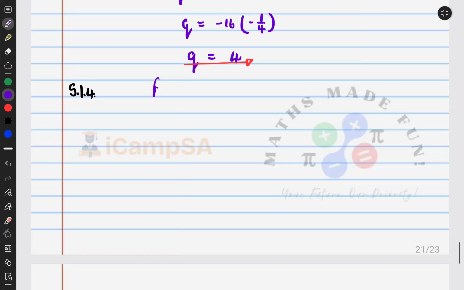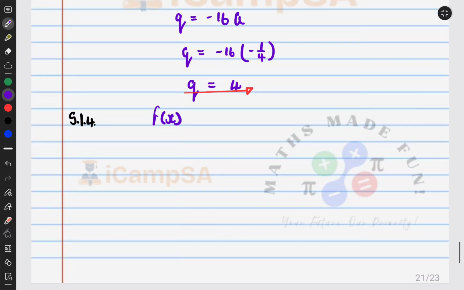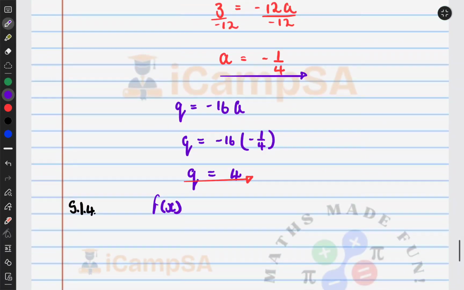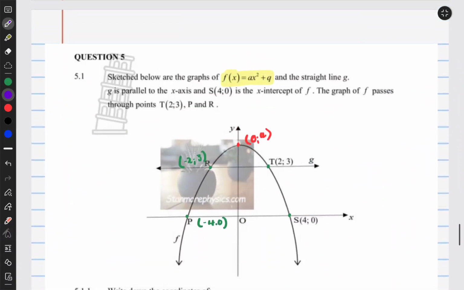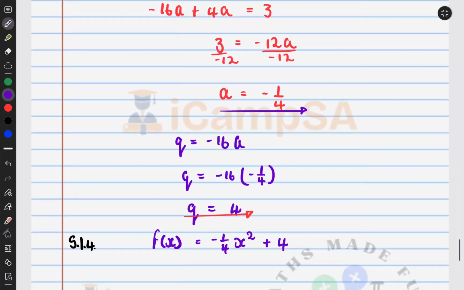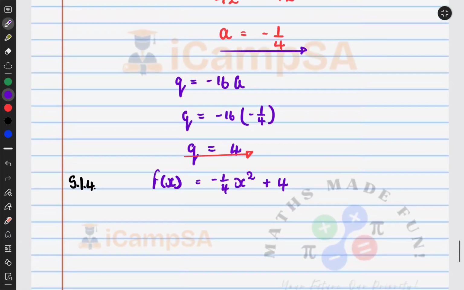Let's quickly write this formula. We have f of x is equal to -1 over 4 x squared plus 4, if I'm not mistaken, plus 4. Yeah, so to have no x-intercepts,